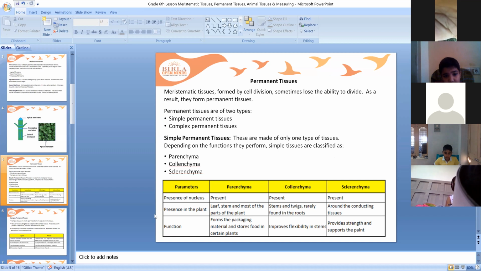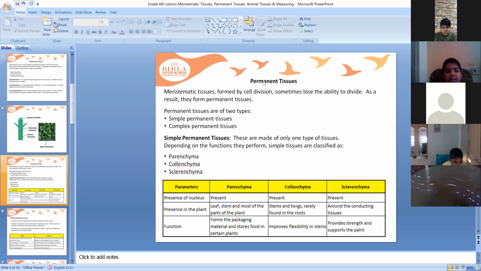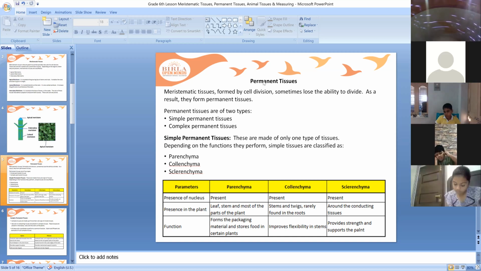I am unmuting you all. Please repeat it after me. I have unmuted you all. Please unmute yourself. Everyone unmute yourself. Parenchyma, Everyone, collenchyma, you are behaving just like a small kid. Just wait 1 second. Let me first read, then you all have to repeat. That's fine. First, let me read, then repeat.